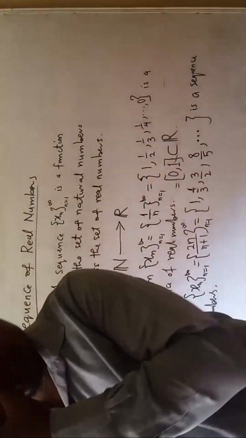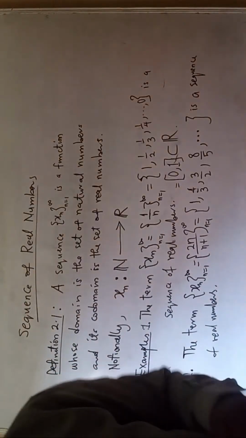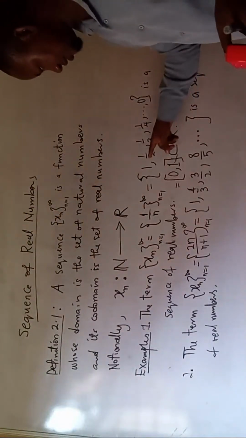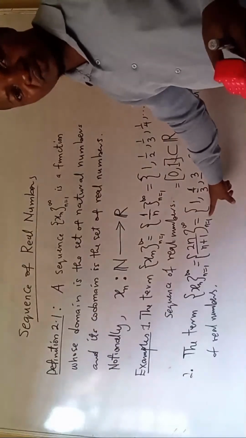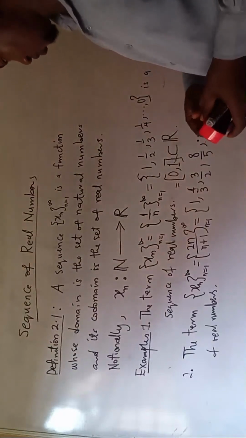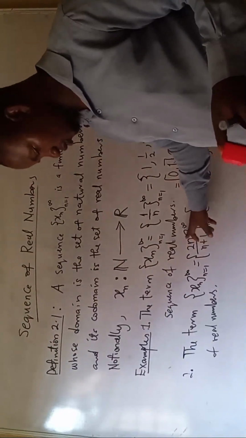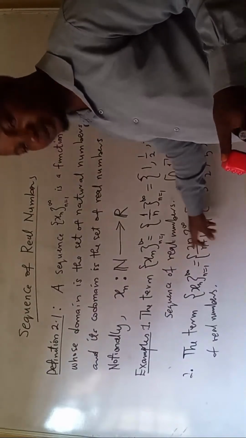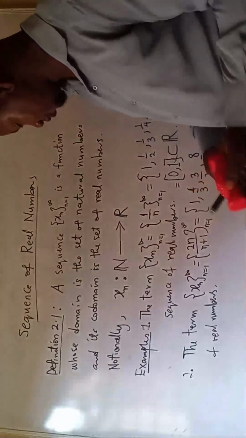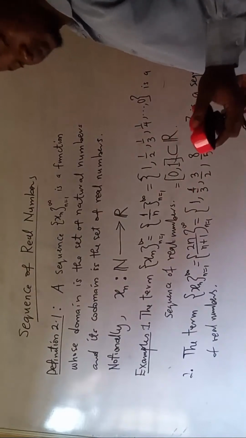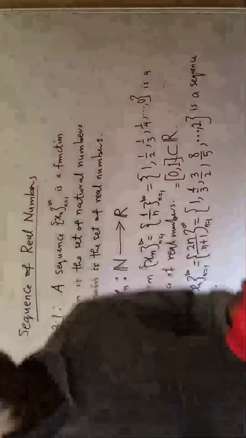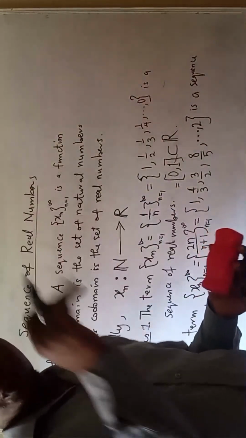So that is the second example. Let's look at another example. Observe that this sequence is decreasing, and this sequence here is increasing. If you want to know the last number, just take the limit of this sequence as n goes to infinity. If you take the limit, the last number here is going to be 2. But a sequence literally means numbers that go without bound, going to infinity.